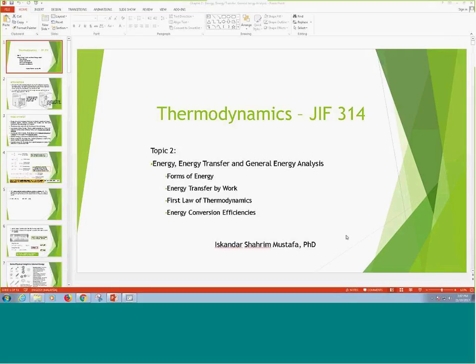Okay, now we're going to continue with our second topic towards thermodynamics, JIS 314. So the topics of energy transfer and energy analysis, based on your textbook. Part of that, some of the subtopics, we're going to have various forms of energy transfer by work, and